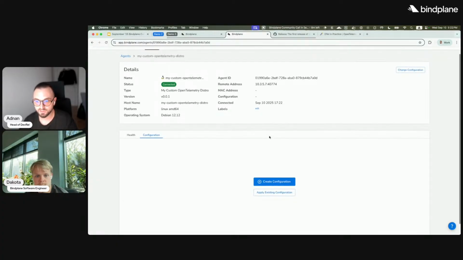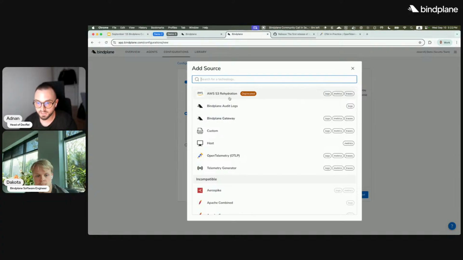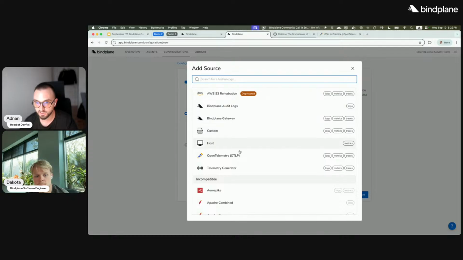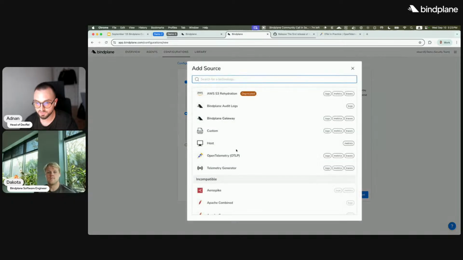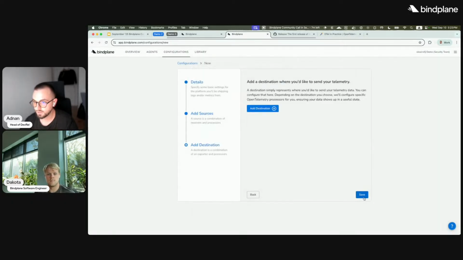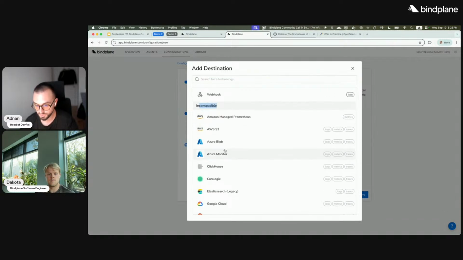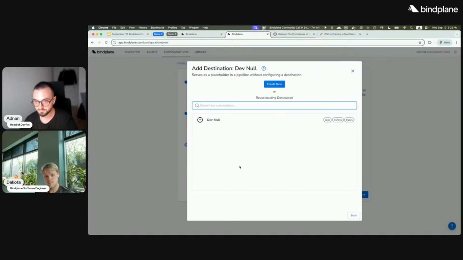And then obviously via Bindplane, I can go ahead and create a config. If I create a config, I can again just call it my custom collector. If I select my custom distro type, select Linux, and go ahead and click next, here I can see which modules or which sources specifically are incompatible and which will work with my collector. So, for the sake of brevity, let's just select an OTLP source and an OTLP destination as well. But here, if I scroll down, again I see which modules are incompatible. And that's the power of having